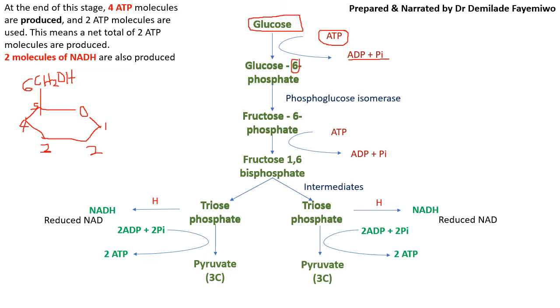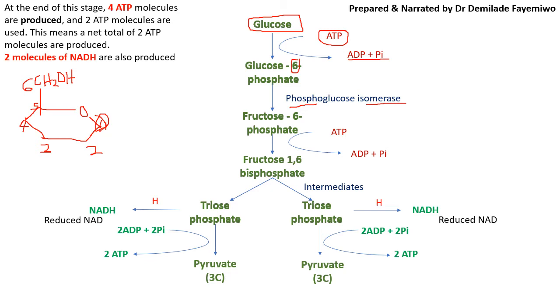Once we've done that, we then have this enzyme called phosphoglucose isomerase. And just like the name suggests, it is an isomerase. So it converts glucose into its isomer, which is fructose. It converts glucose to fructose, and then that becomes fructose 6-phosphate. We then use ATP again to phosphorylate fructose 6-phosphate, and this time we add the phosphate to carbon number 1, which is this one over here that I'm just circling, and so we end up with fructose 1,6-bisphosphate. The reason why it's called bisphosphate is simply because there are 2 phosphates that have now been attached to fructose,